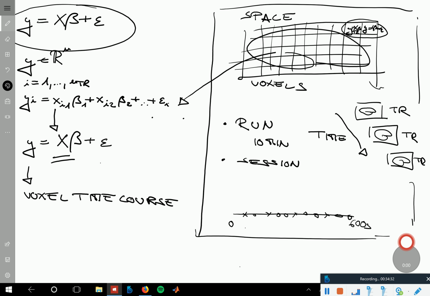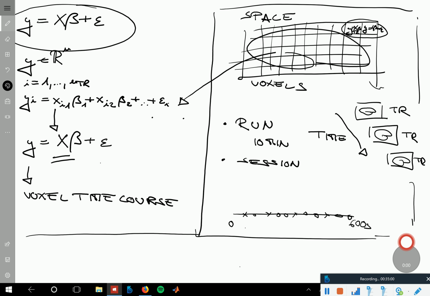Okay, so that is kind of a first rough idea about what's going on with the GLM in terms of fMRI. I have a specific example for that I can show you visually, and then we can also do it in SPM. Before we do that, and I think this is a good time to do that before the break,